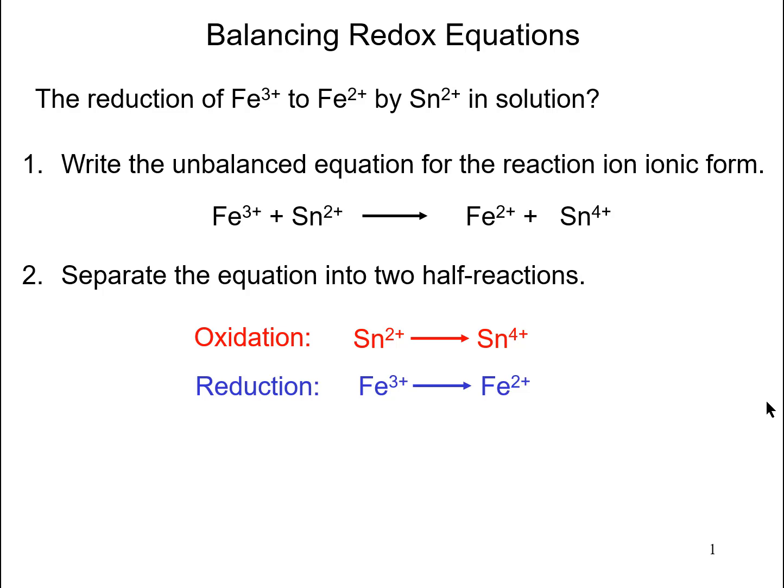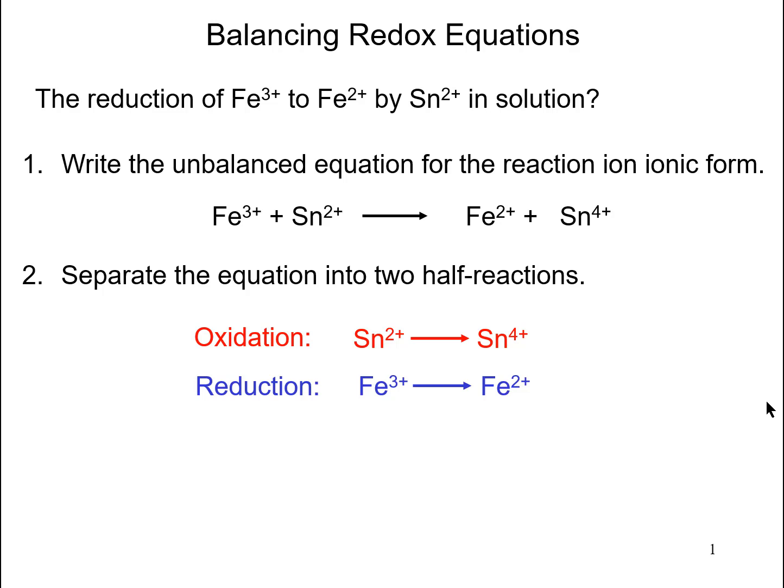Now, at first glance, this reaction looks like it might have been balanced, but if we look a little bit more closely, we can see that the charges are not balanced. So while the atoms are balanced, we need to make sure that the electrons that are transferred during this chemical reaction are equal. On the left-hand side, the charge is 5+, while on the right-hand side, it's 6+. So that's showing us that with this 1-to-1 ratio, there's some kind of an imbalance in the electrons